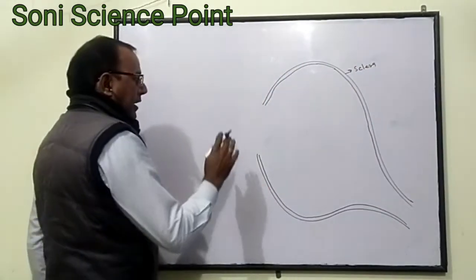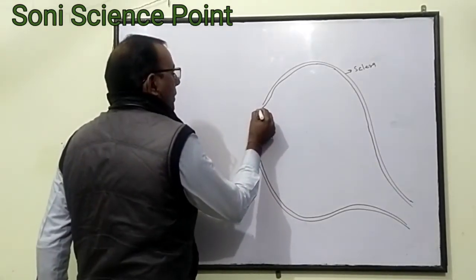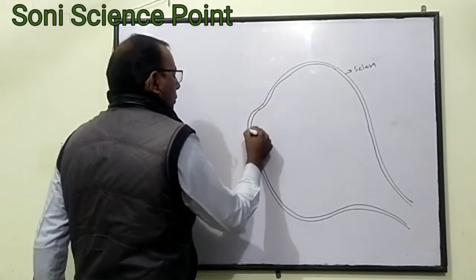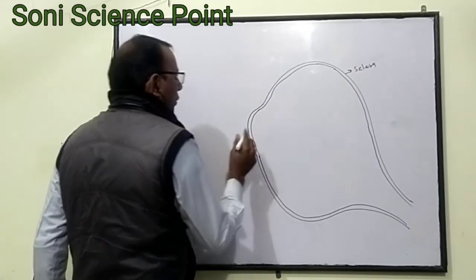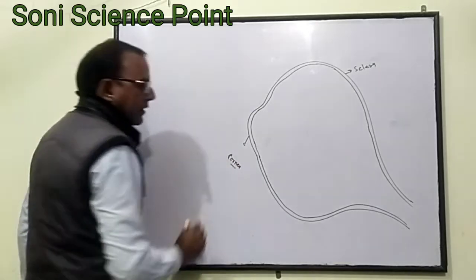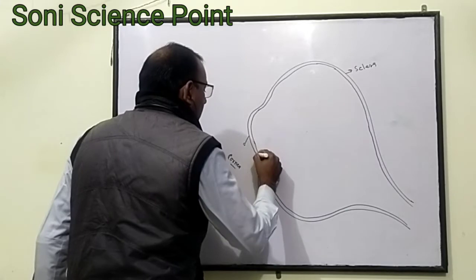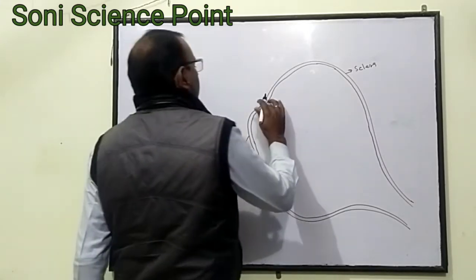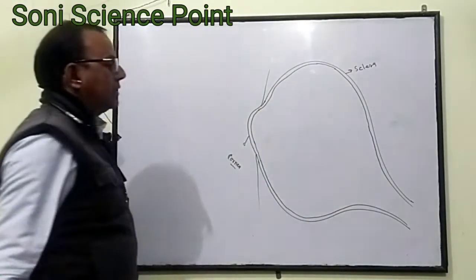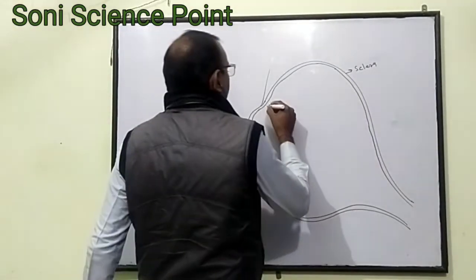It is mostly spherical, but at the anterior part it becomes transparent and forms a protruding portion. This transparent protruding portion is called the cornea. The next layer, which is bluish in color,